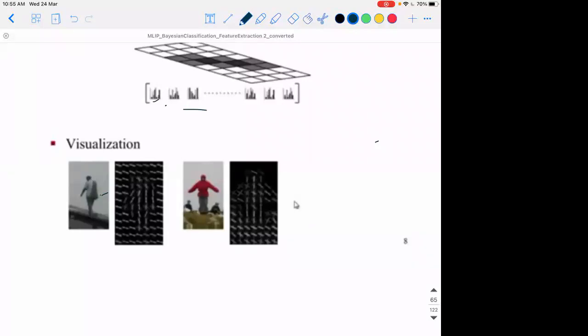There will be such cells for each of the regions. So overall, you will get, for each location, roughly 105 into 4 locations, these kinds of dominant angles. This is for visualization, just to show that they give reasonably good features. But essentially, when we compute the feature vector, we consider all the elements.